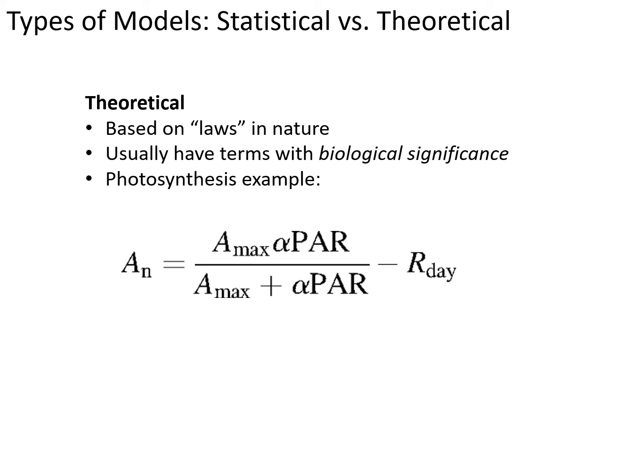And that big term there is saying that the total assimilation is going to be equal to the product of the maximum possible assimilation, Amax, which is something that can be measured directly, at least at the leaf level, times fractional PAR. So the fraction of